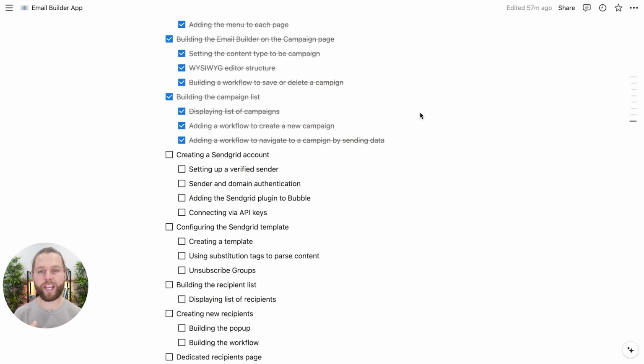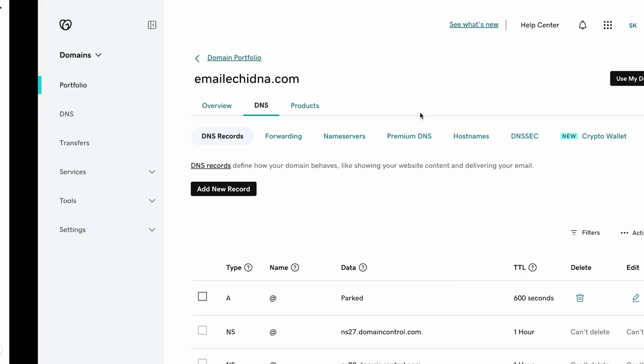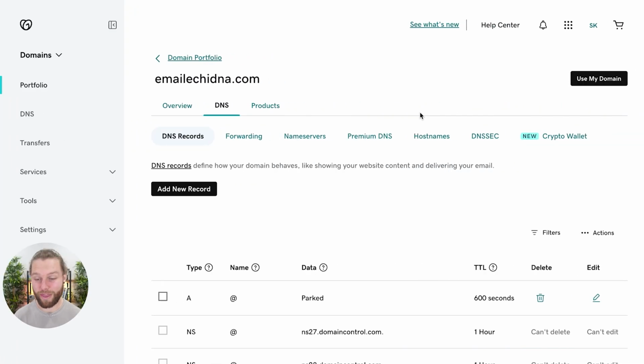Now, with your email builder app, whenever you send an email, it'll have to come from somewhere. And you can create a custom domain so that when your recipient receives your email, they know who it's from, it's branded to how you send it out, and it's trusted by email inboxes so it doesn't get caught up in spam filters and the like. For my example, I've registered emailechidna.com through GoDaddy, which was super simple to do. It only cost me less than $20,